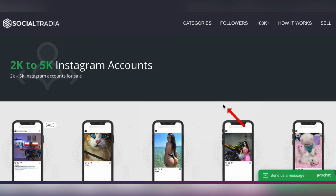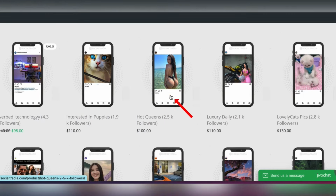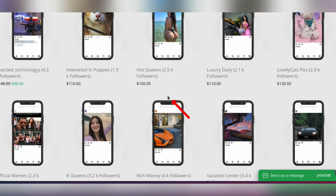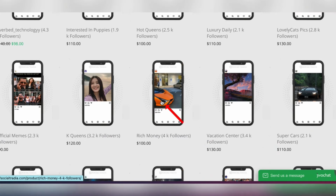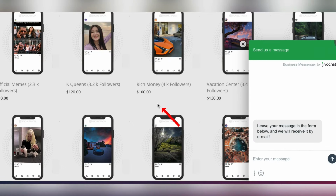So here's money-making method number one, the first thing we did. You want to come here to followers, and we want to be in the accounts that have 2,000 to 5,000 followers right here. And the reason for that is because there's a large price jump. The amount these people are charging for their accounts, there's a large price jump between,